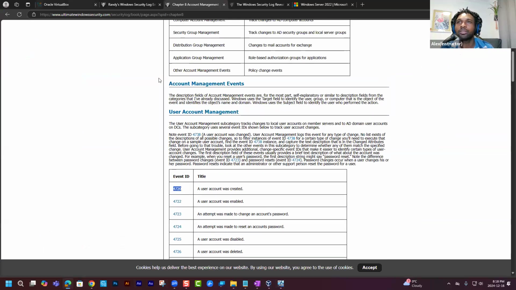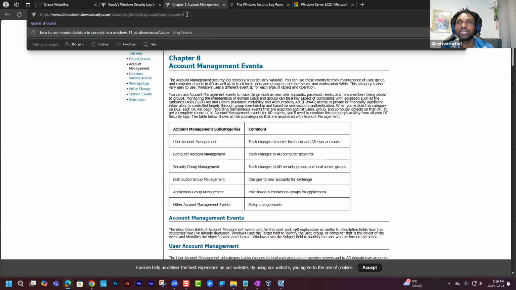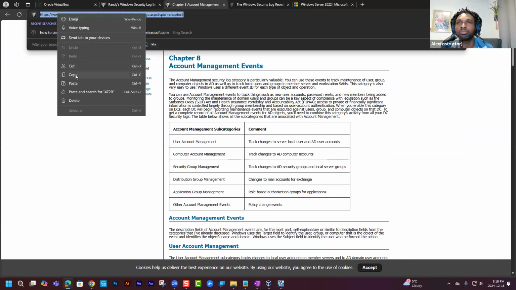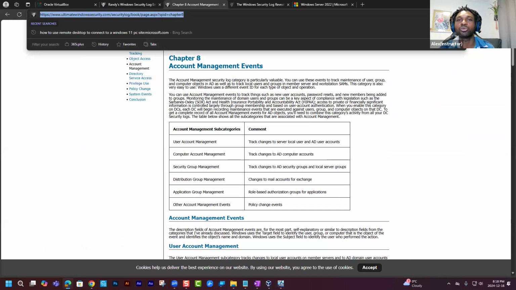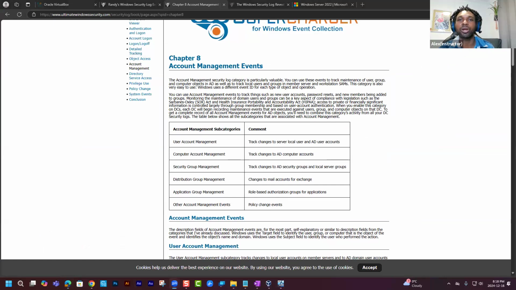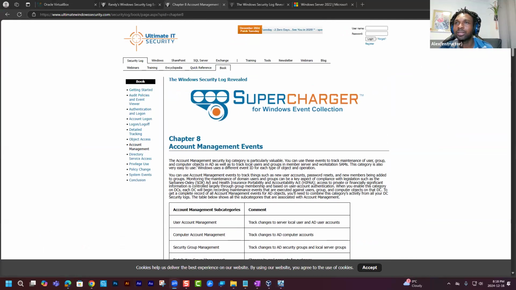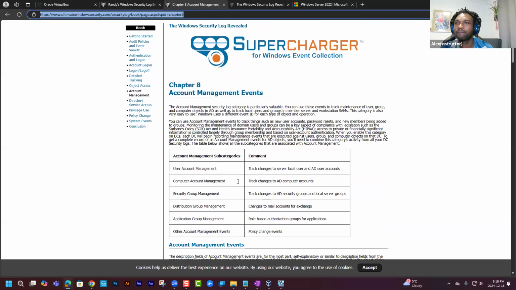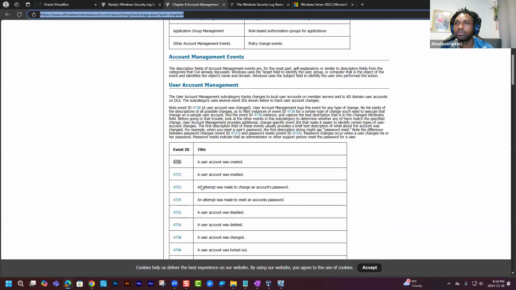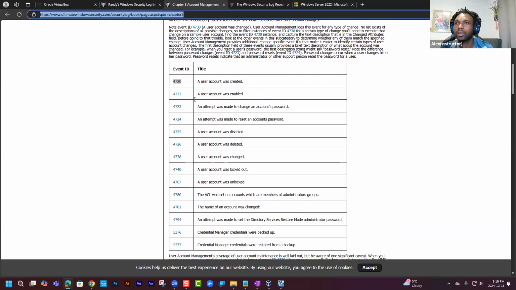You come in there. Let me put this part of the same resource, just a different chapter, here so it's easy for me to move through it. You can pin this, and in your real-life career, you can work with that. So this is user account management, and then in here, user